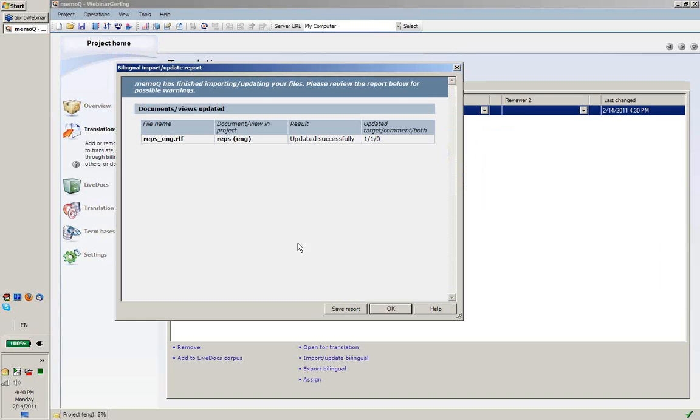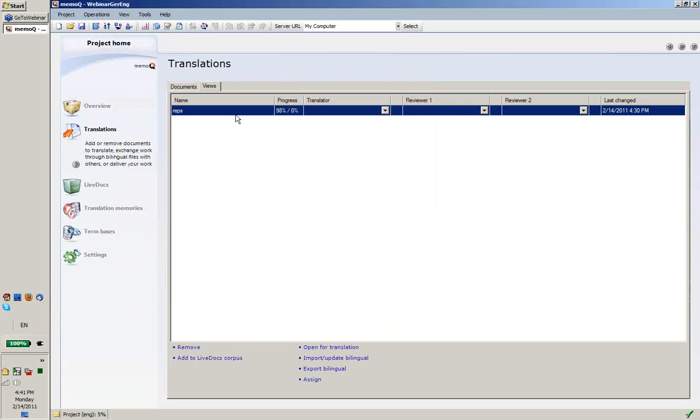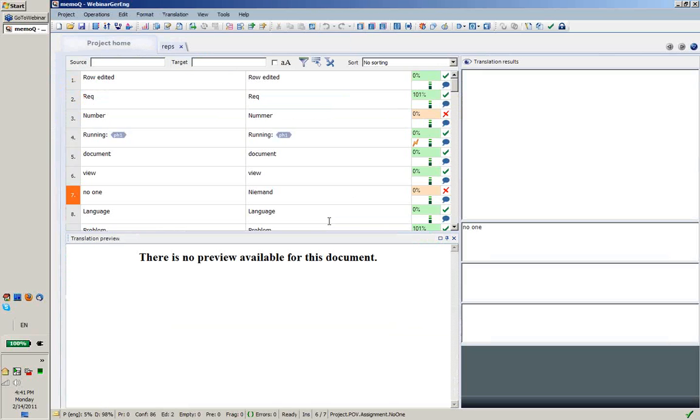And MemoQ also gives you a final report. Taking a look at this RTF file, MemoQ updated this view in my project successfully, and in the process it updated one target segment and one comment. If I open my view, you can see that the comment here is now changed to "new comment". You can see that in the tooltip, and this row, which now again became edited, contains my German translation for